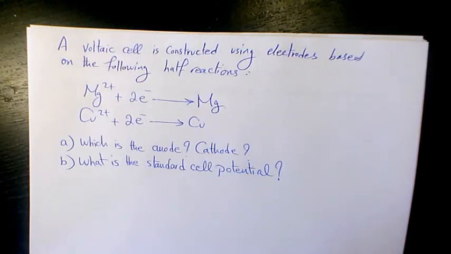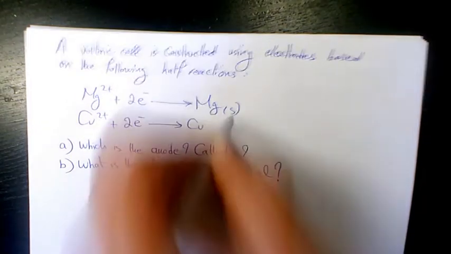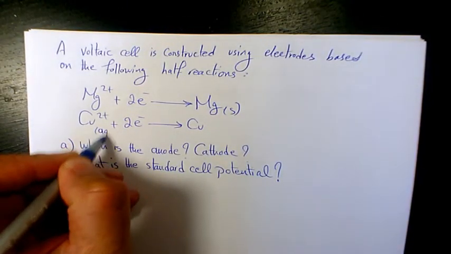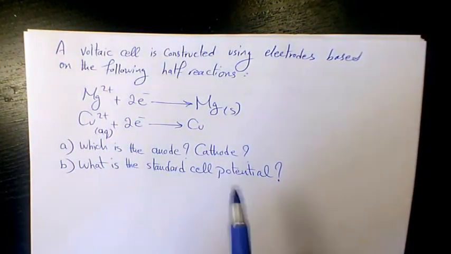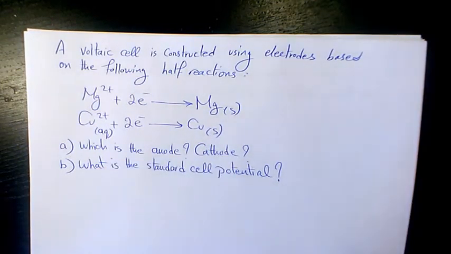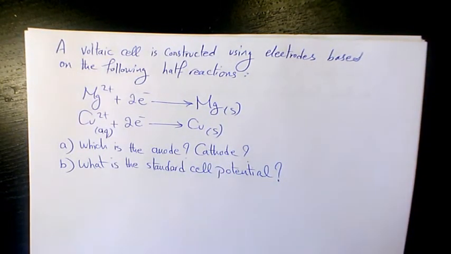A voltaic cell is constructed using electrodes based on the following half reactions. Mg2+ plus 2 electrons is going to give us Mg in solid phase, and copper in aqueous phase, the ionic copper, plus 2 electrons is going to give me copper in solid phase. First of all, find out which one is anode, which one is cathode, and second of all, find out the